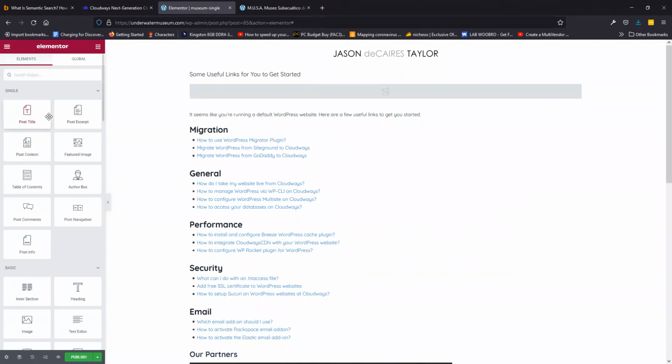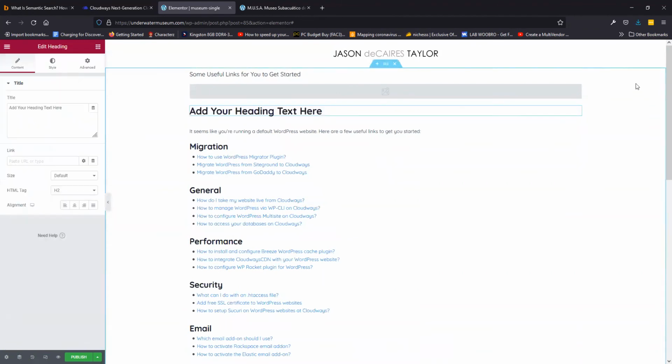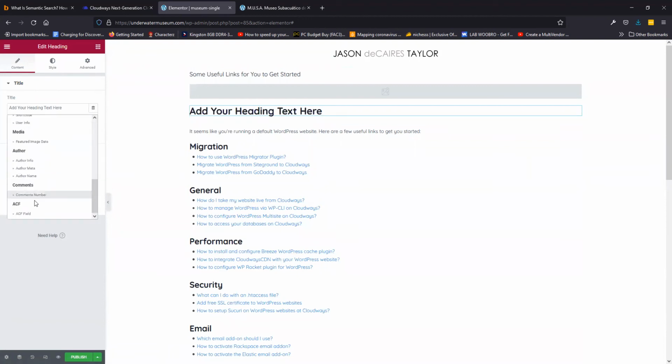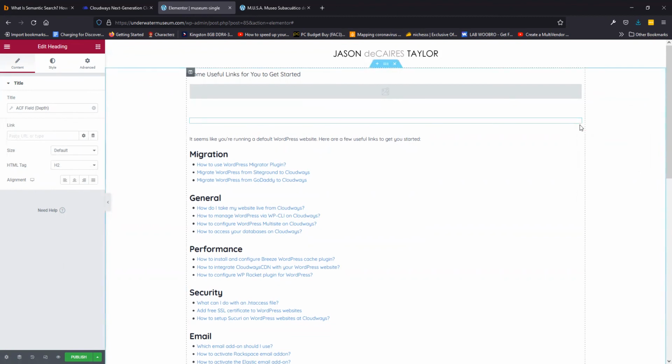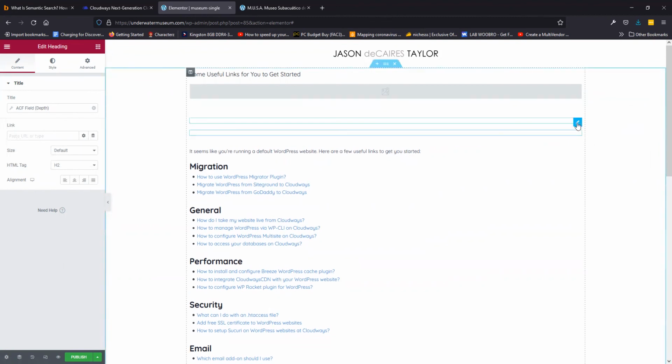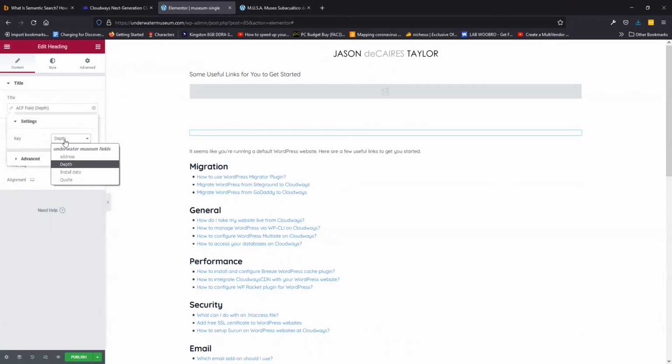What else have we got? We've then got a couple of other pieces of content in there, so we can drop in this heading, and we'll use that for our other custom fields. So click on dynamic tags, go to ACF field, click on the little spanner icon, drop down a key, and we want the depth. That's great. Let's duplicate that again. So 2 more custom fields. So we've got the install date, okay, and the third one we actually had a little quote,